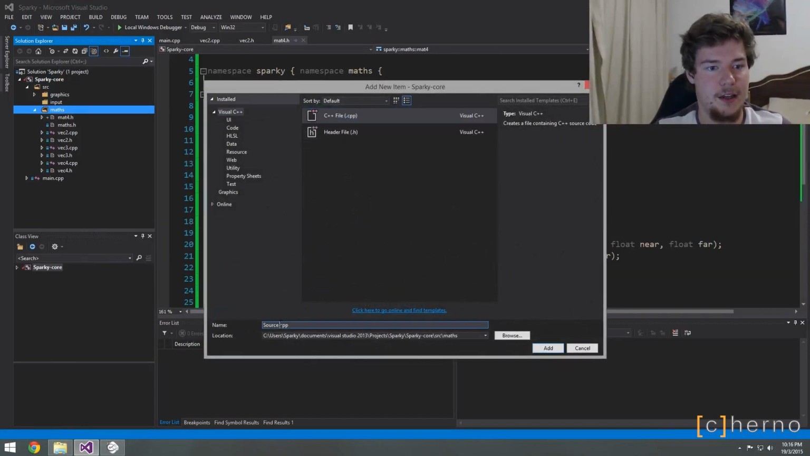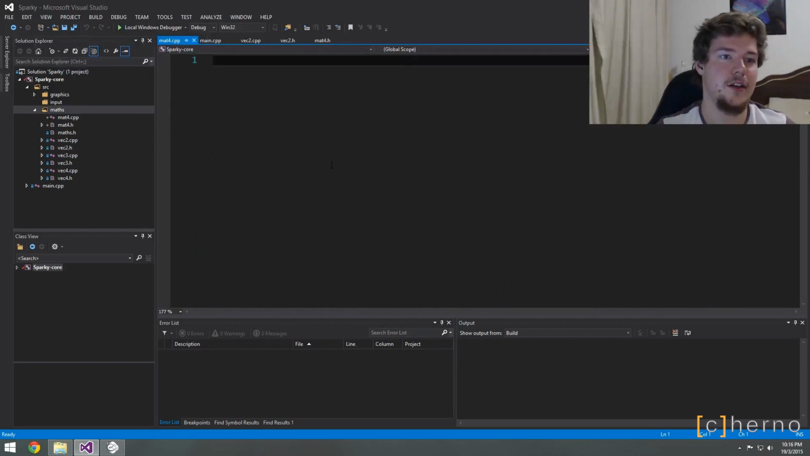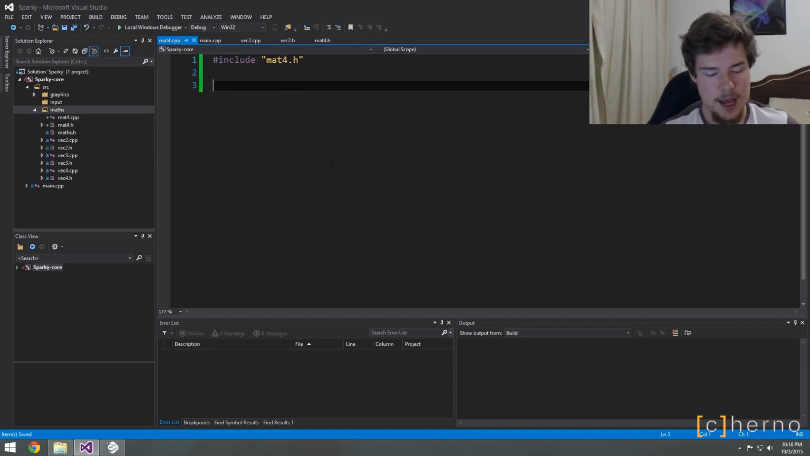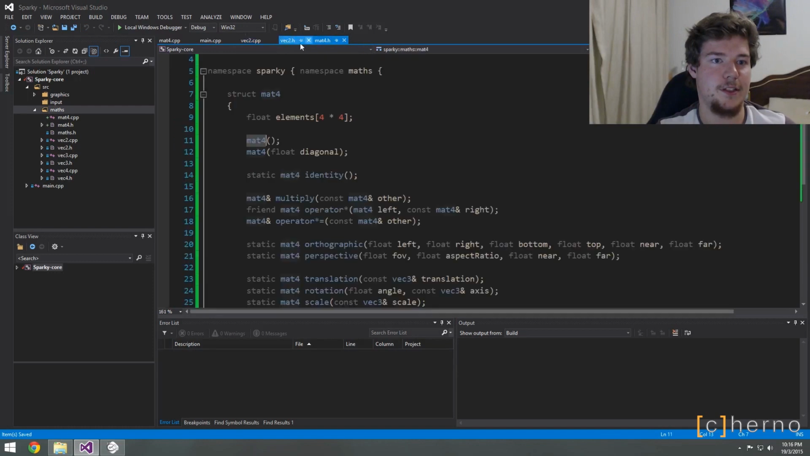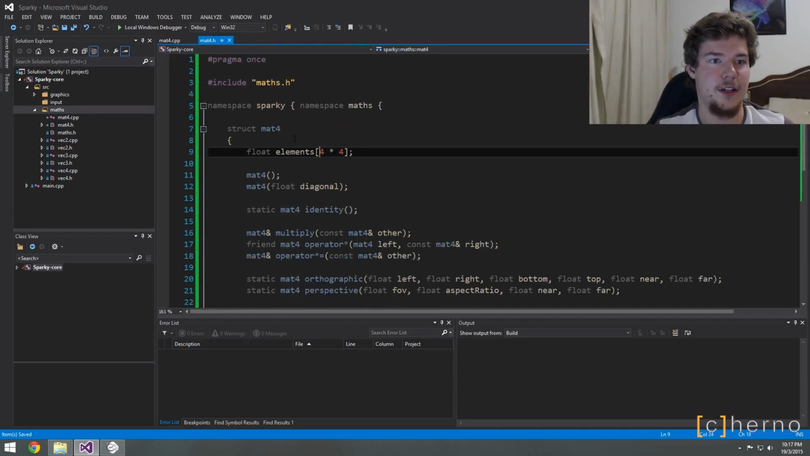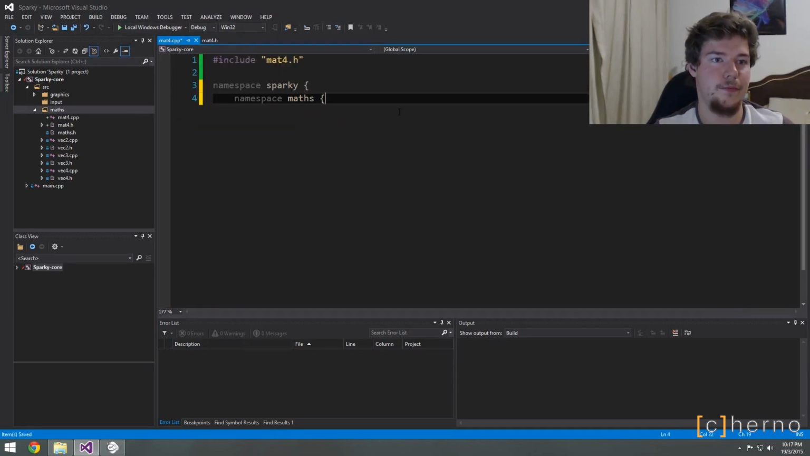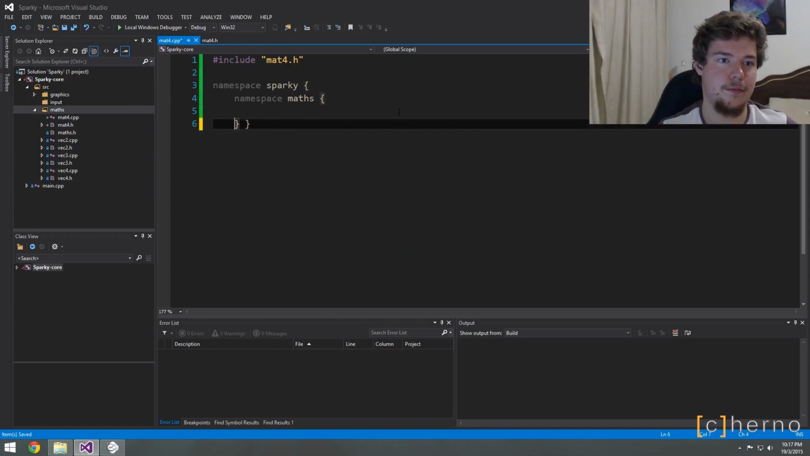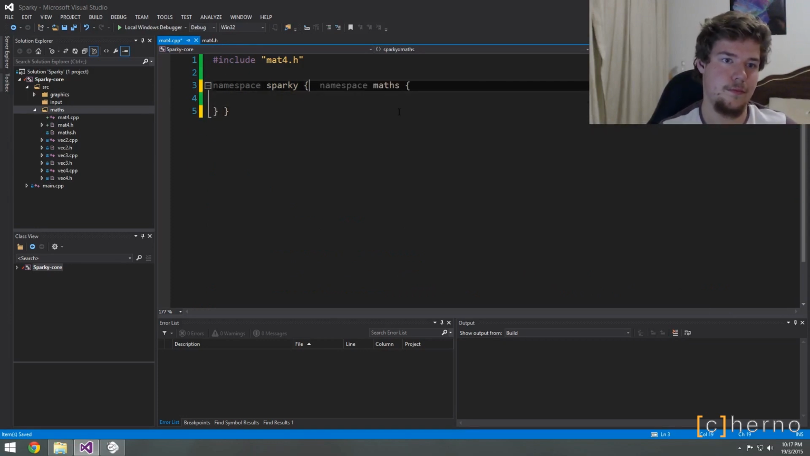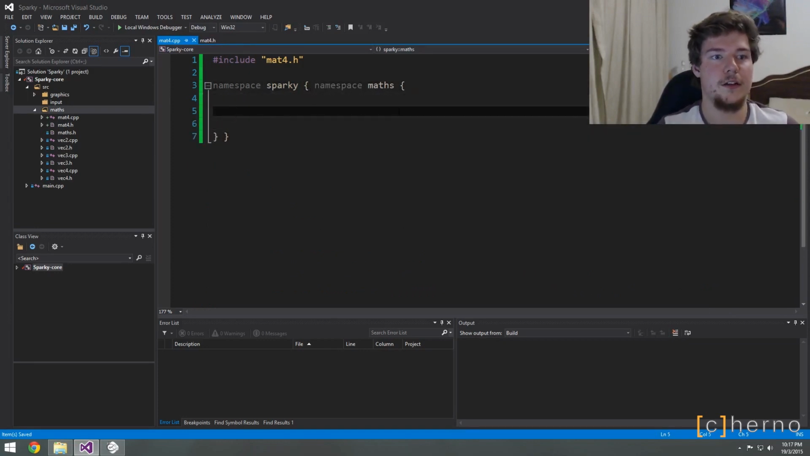We'll make a mat4.cpp file, right? We'll include our mat4, and we will obviously include the namespace and whatnot. We can probably close our vectors now. Okay, cool. So let's begin. So mat4,